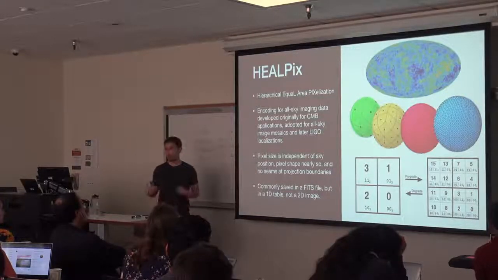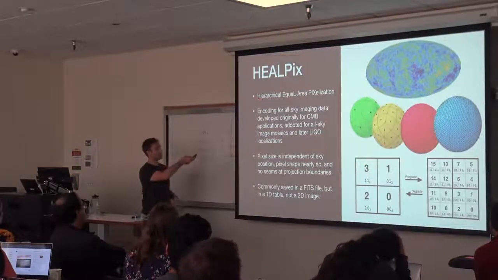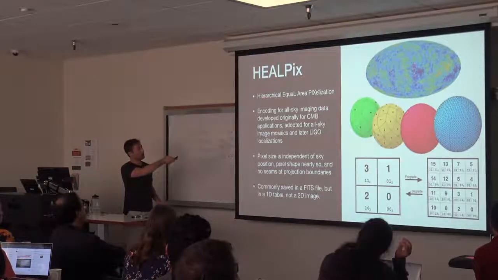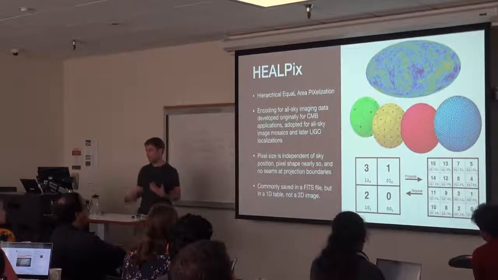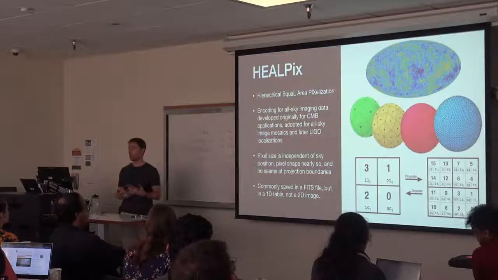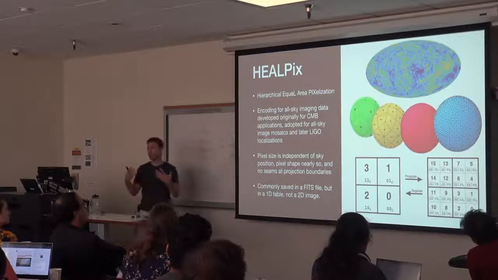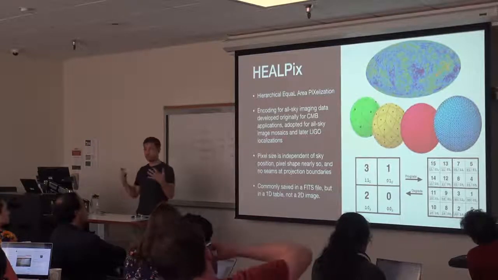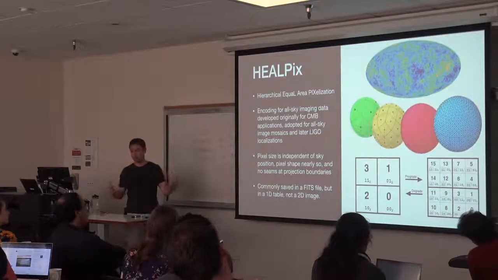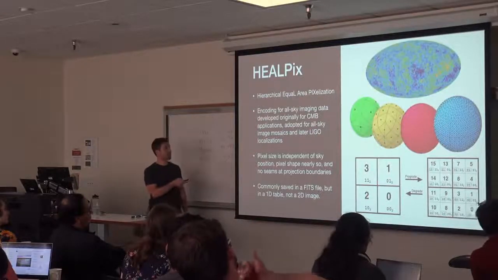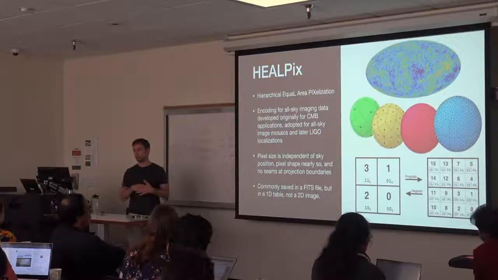LIGO sky maps are located in a format called HEALPIX. HEALPIX stands for Hierarchical Equal Area Pixelization. It's an encoding for all sky imaging data that was originally developed for cosmic microwave background analysis, because a CMB map is by its very nature an all sky data set, and when you make, for example, angular power spectra,